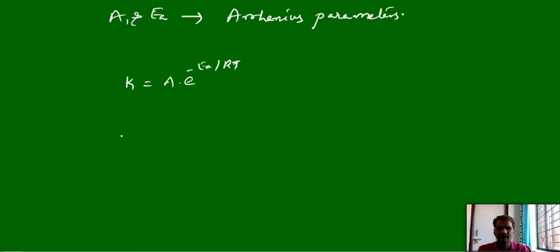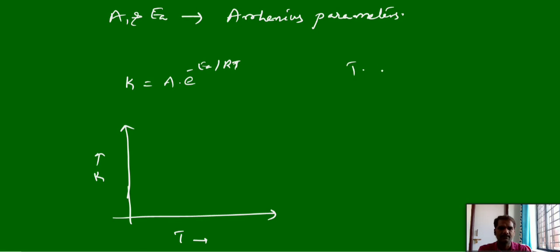So, we can draw a graph of rate constant versus temperature. Again, graphs are very important here. Rate constant K versus temperature. What type of graph will we get? As the temperature increases, suppose you keep increasing the temperature up to infinity. Then what will be the K value? If you put the temperature as infinity, you will get e power minus Ea by infinity, which means e power 0. E power 0 means 1. So K is equal to A.